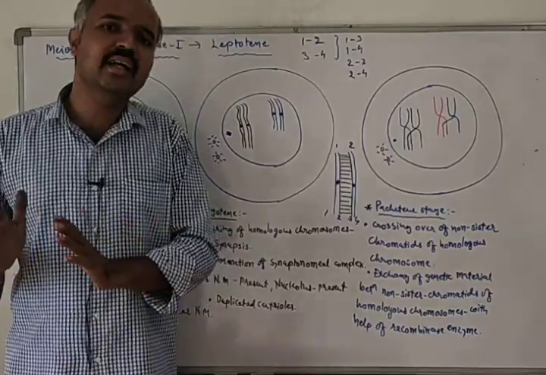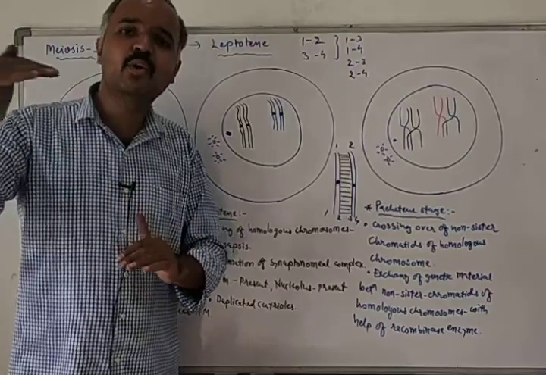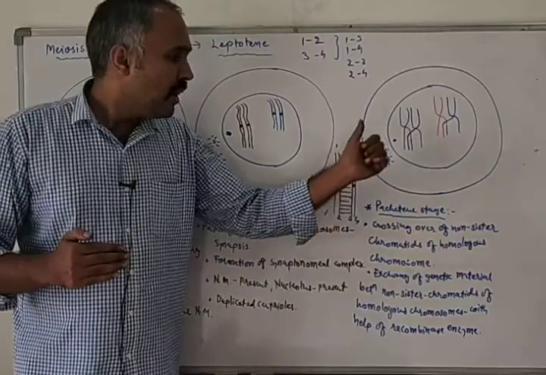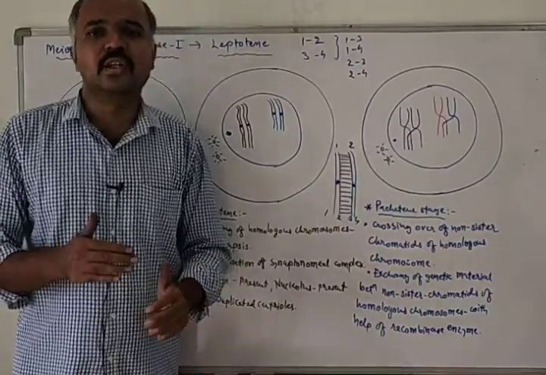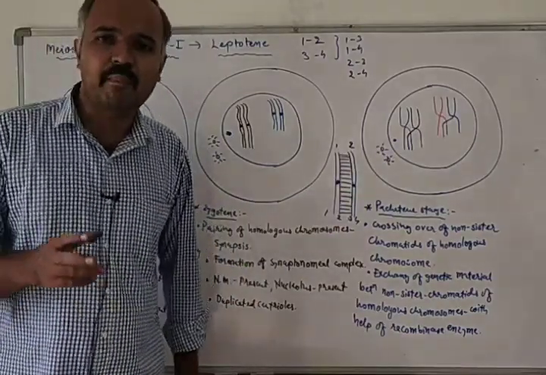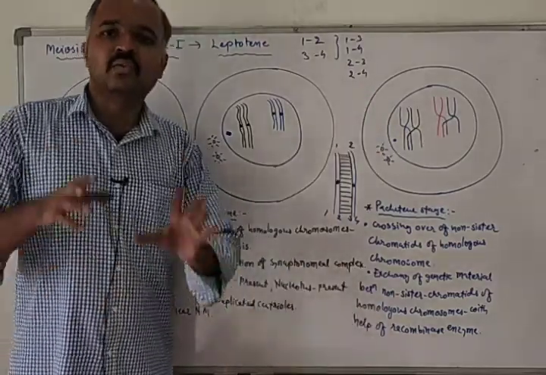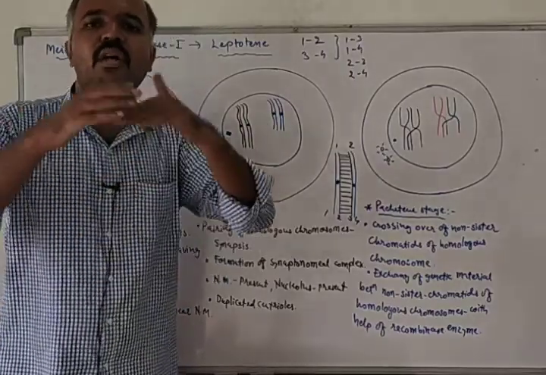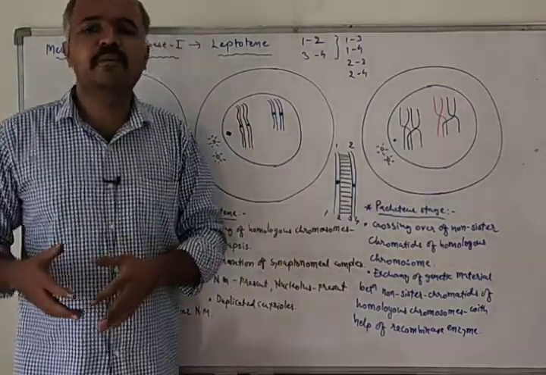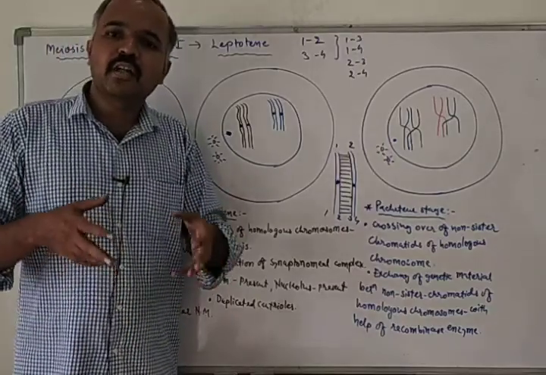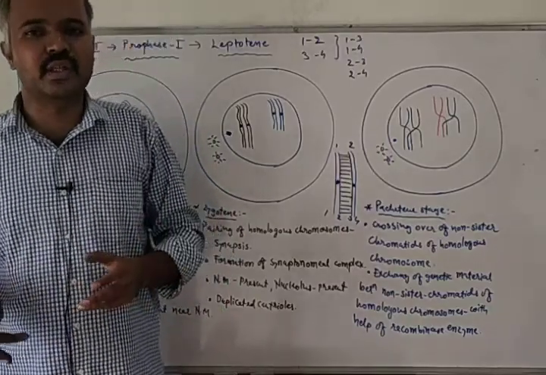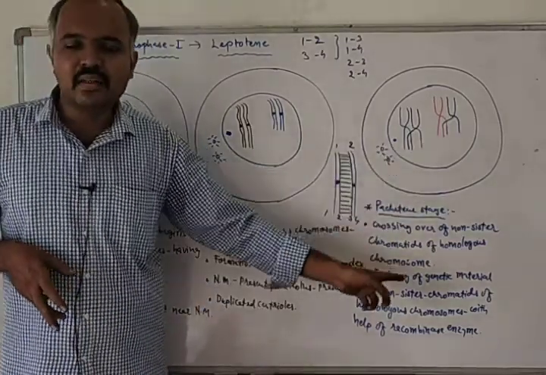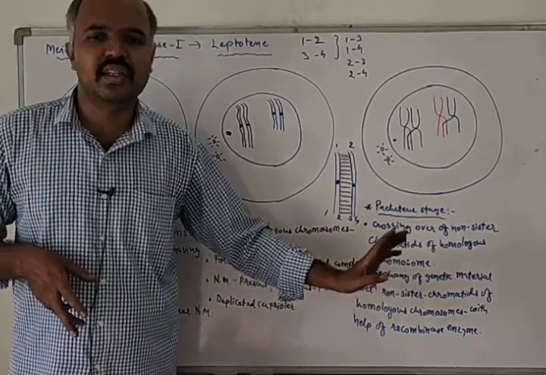We are not identical to our parents. We are just similar to our parents. We look like them, but we are not actually like them, due to the exchange of the genetic material during the pachytene stage. So this stage is very important for variation among organisms. All organisms are different from each other, and in fact two siblings are also different from each other because of the recombination that occurs during the pachytene stage.